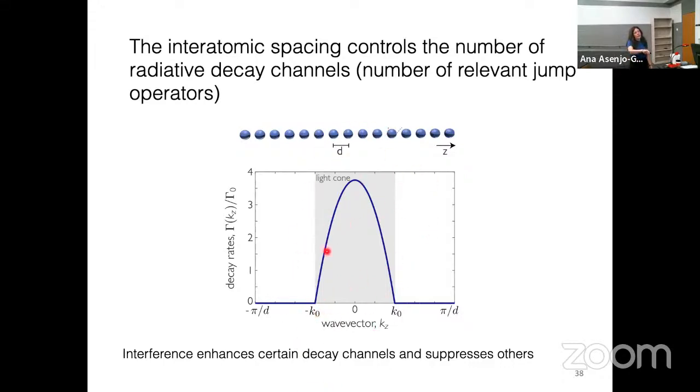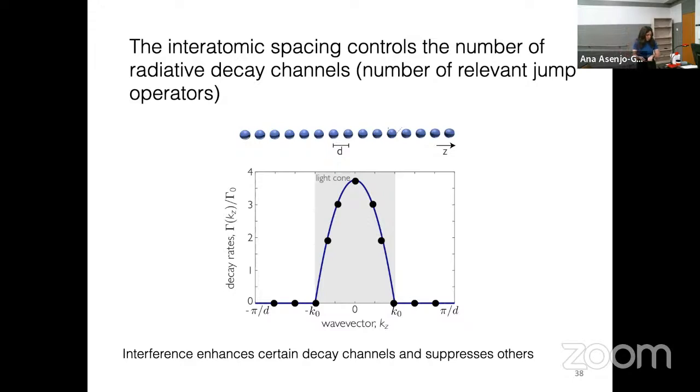These are bright operators. And outside, I have dark states. So I have destructive interference and dark operators. So if now you have a finite chain, this is going to sample this dispersion relation, which means some of my operators will be bright, some of them will be dark. And so in 1D, dark decay channels only exist below λ/2. In 2D and 3D, that critical distance changes. But basically, the important thing is that the relative number of dark and bright operators changes with the interatomic separation